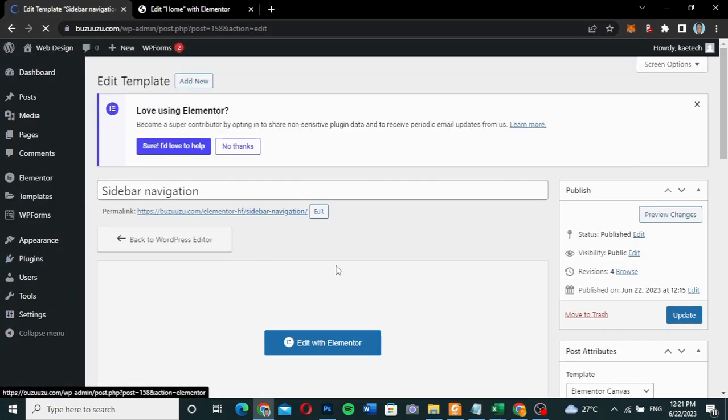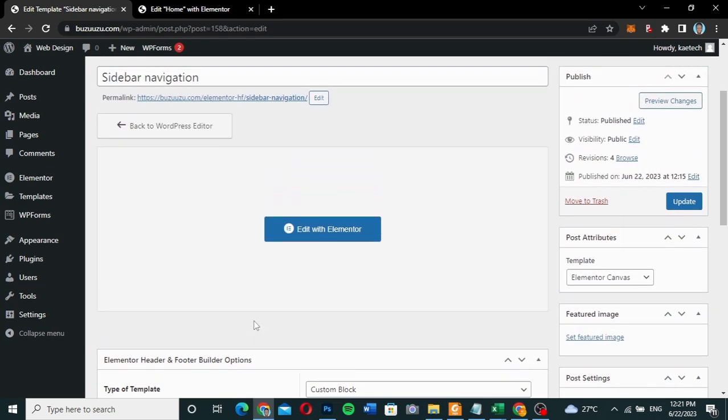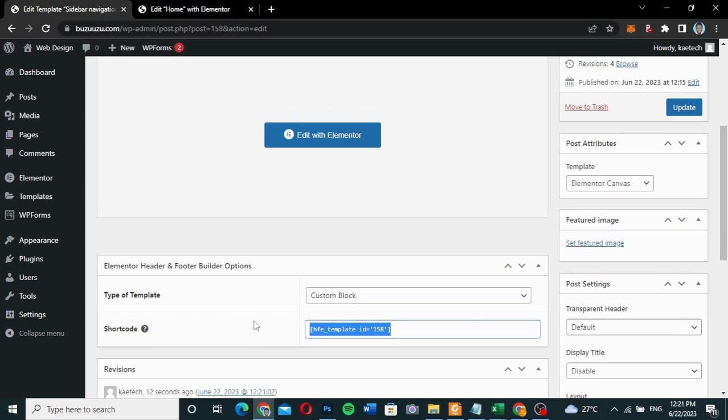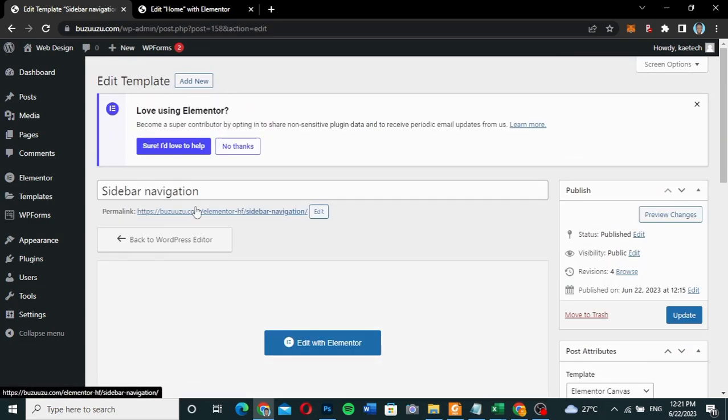Now that we have this one created, of course you can copy the short code over here. Okay, so I'm going to copy this short code. As you can see, every template that you create, every custom blog that you create, you can use it as a short code. You have a short code provided for you. So I'll copy the short code over here, and then I'll click on add new